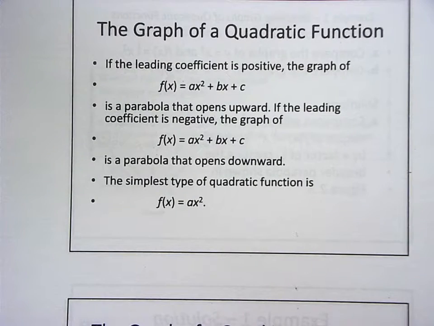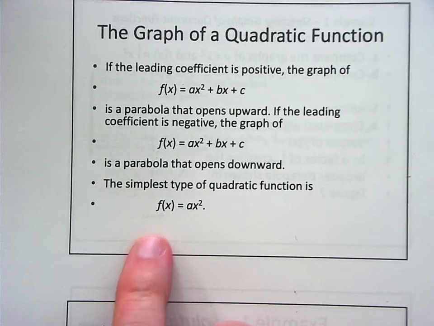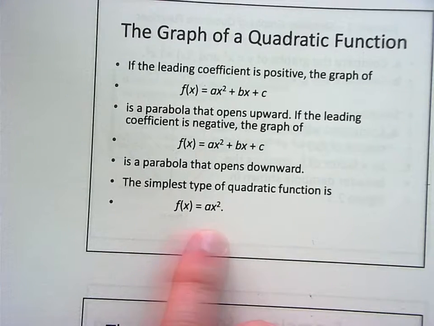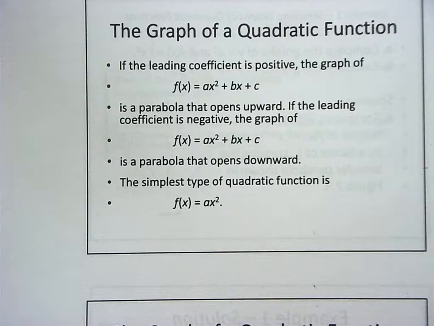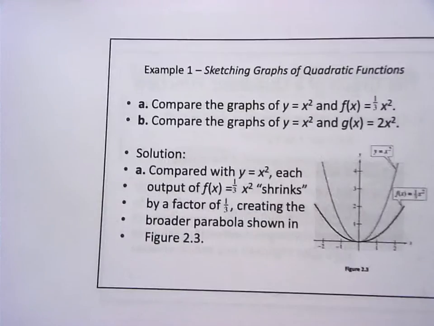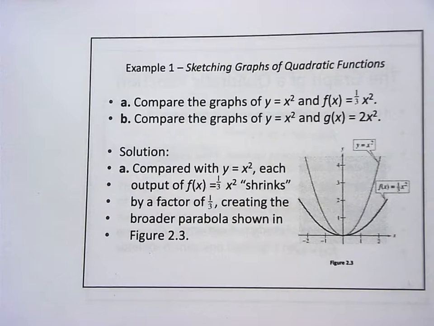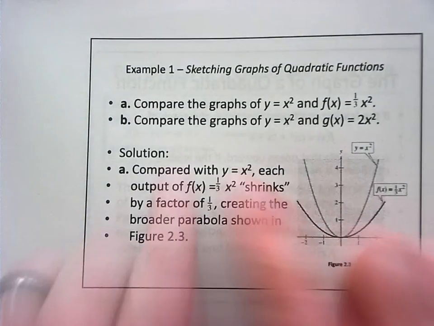Okay, so we already talked about this a little bit. If a is positive, opens up. If a is negative, opens down. Simplest type is just y equals x squared with a single coefficient in front. Graphically, if it opens up, does it have a max or a min? Min. Relative min. If it opens down, the other. So if I look at these two graphs and compare them,